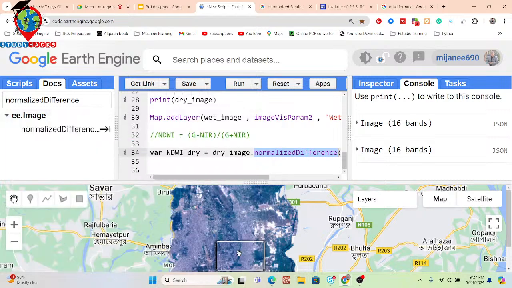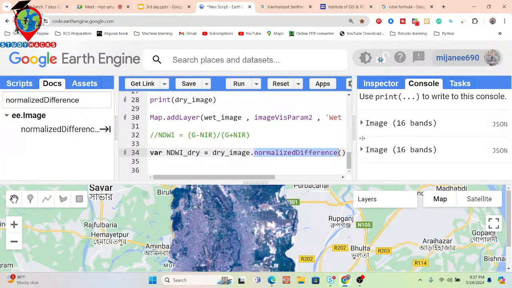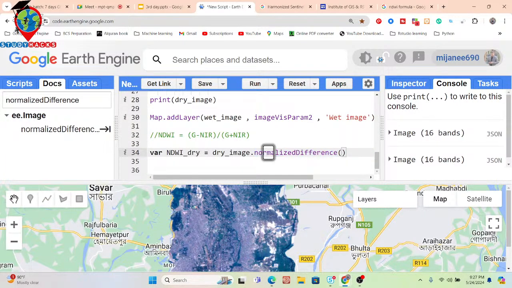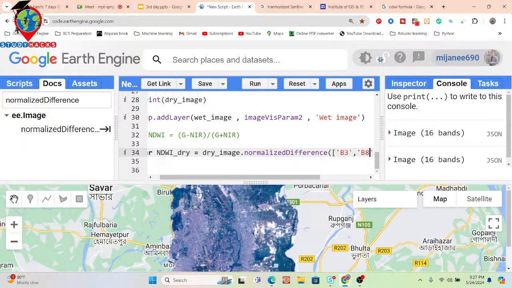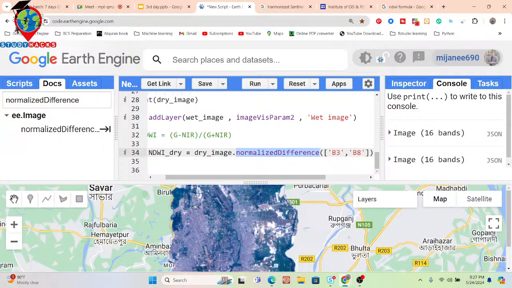When I put in the normalized difference function and then the band names, my first band is green, which is B3 for Sentinel, and near infrared is B8. So I put B3 and B8 here. Now this function automatically computes B3 minus B8 divided by B3 plus B8.